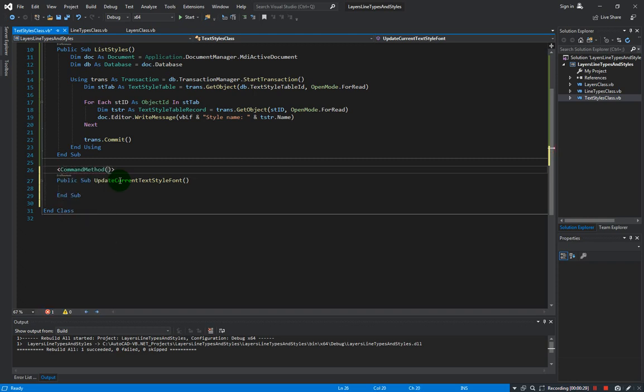Let us create the method, the command method name, which is also the same as this sub method name. Okay, so the objective of this method is to update the existing font style of the text or text in the drawing. Later I will explain to you what will be the changes when we run our code, but let us continue